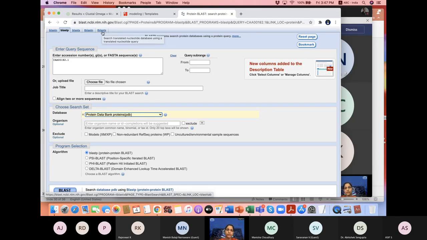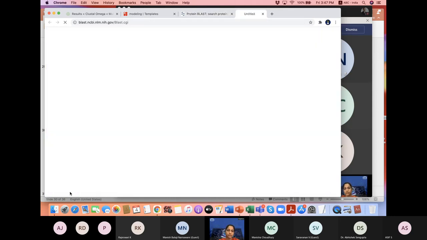What happens here is, we give a translated nucleotide sequence, then it actually translates to protein, it searches for the proteins and gives back the nucleotide sequence. So here now what we are doing is only BLASTP, that is the simple protein BLAST. So now we just click on BLAST.